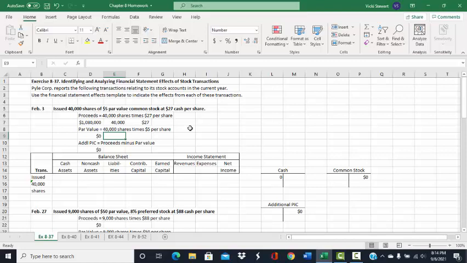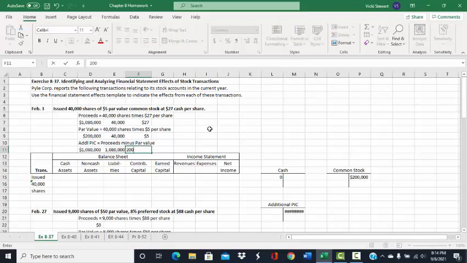The next thing we need to do is to determine the par value of the 40,000 shares at $5 per share, and that amount is $200,000. Then to determine the additional paid-in capital, we take the proceeds of $1,080,000 and we subtract the par value of $200,000, and that gives us additional paid-in capital of